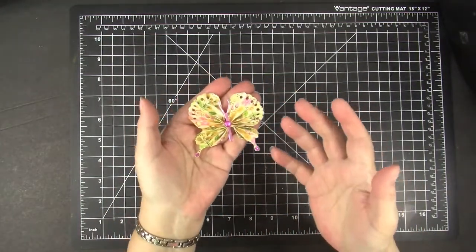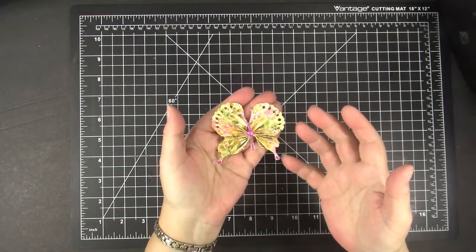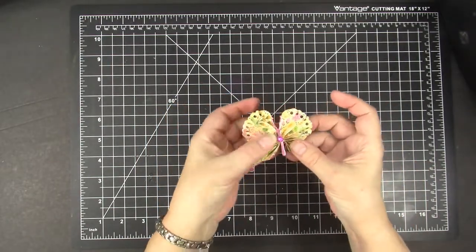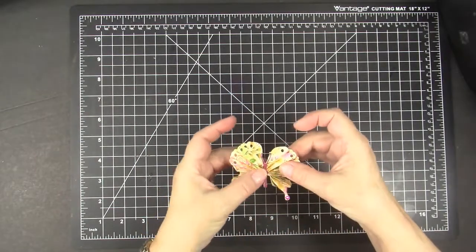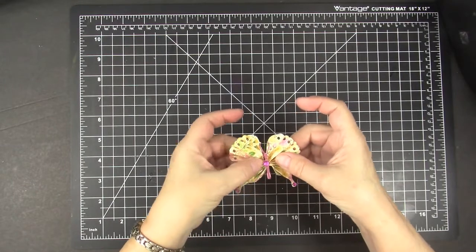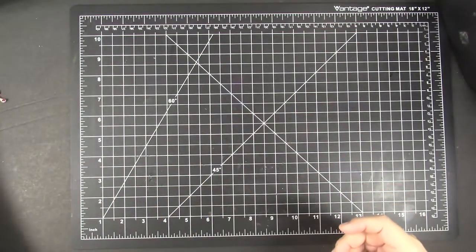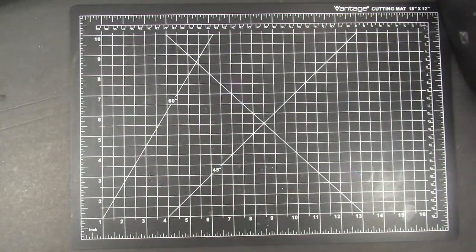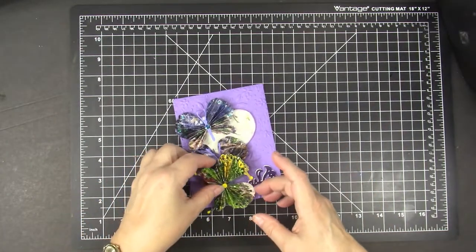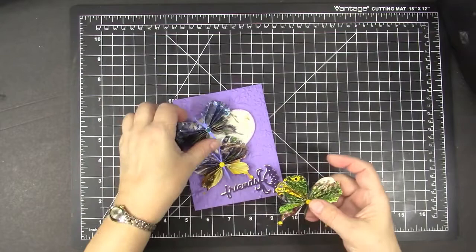And that's how easy it was to make a faux origami butterfly for your cards. It's not real thick. I think you'd have to put an extra stamp on it, but I had great fun making dozens of these. If you don't have any pretty pattern paper or want another suggestion of paper that you